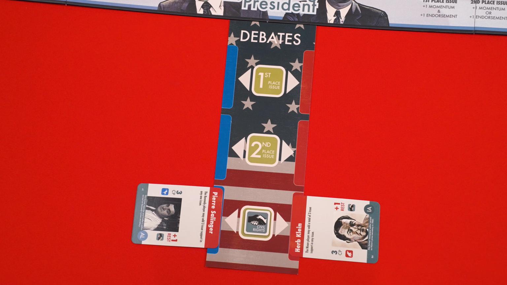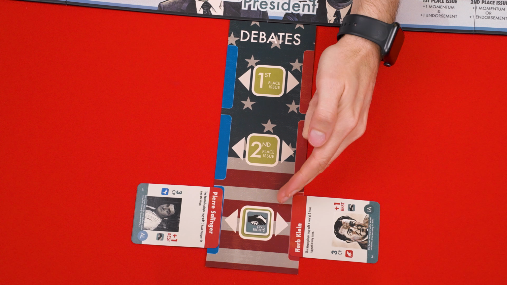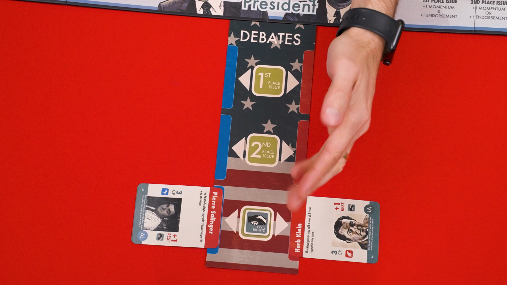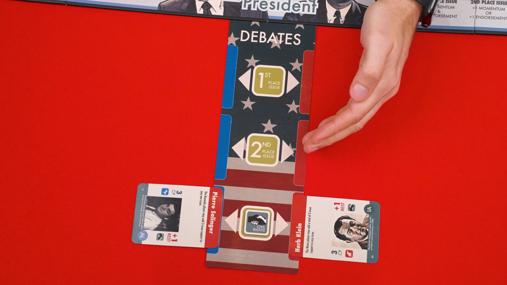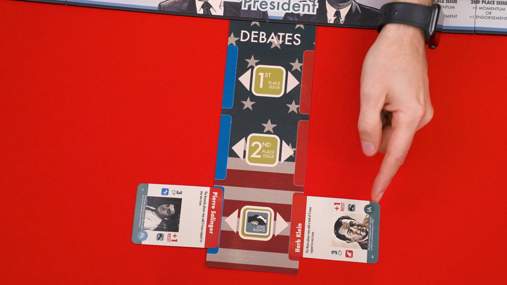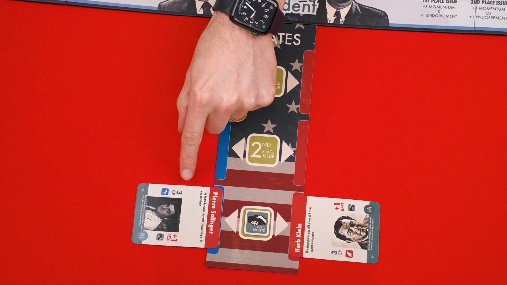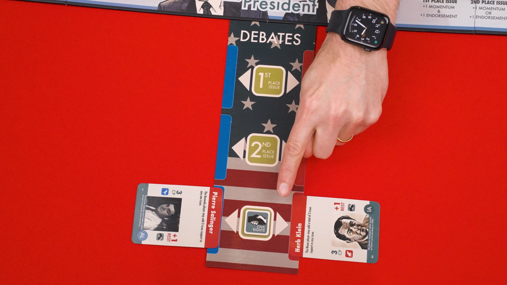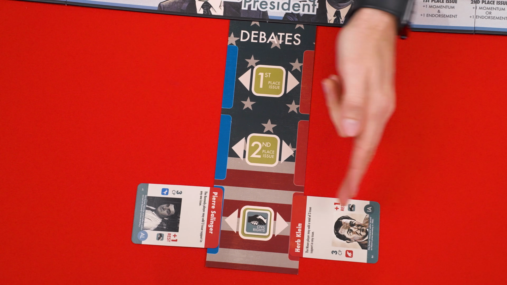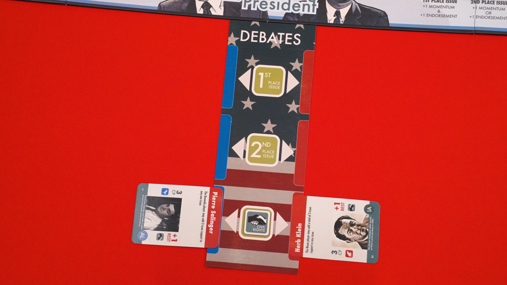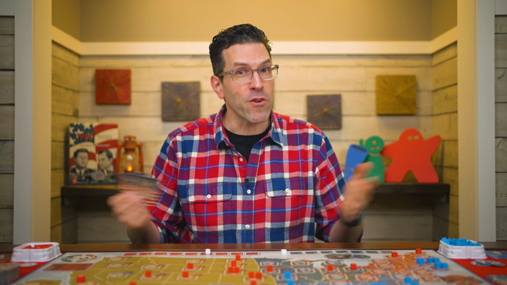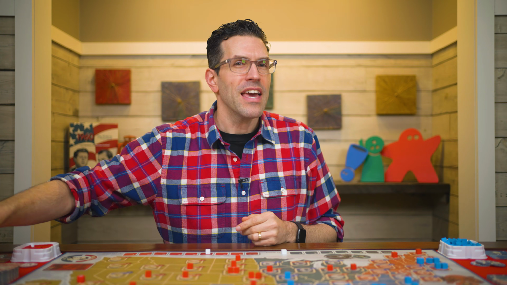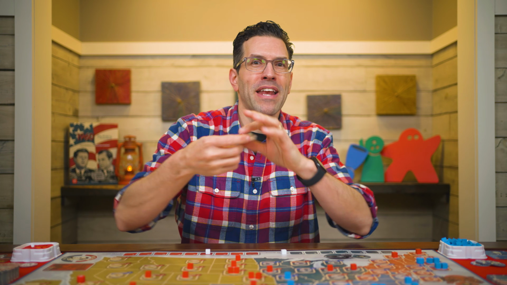As soon as one of those outcomes occur, any issues that have not been won are resolved, again, from 3rd place up to 1st, if you have more than one to take care of. In these cases, just see who has the most campaign points on that issue, and they gain the issue's reward. If there's a tie, like we have here, even if it's a tie of 0, the player with initiative wins it. With the debate over, all campaign strategy cards, played or unplayed, are discarded, including any persistent debate events that